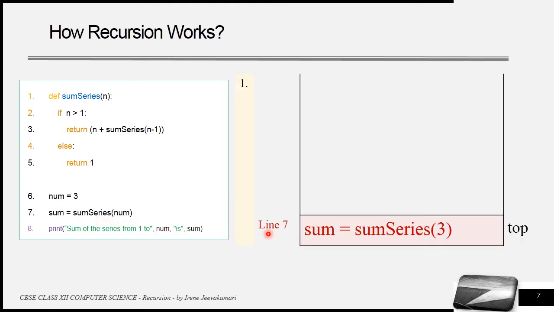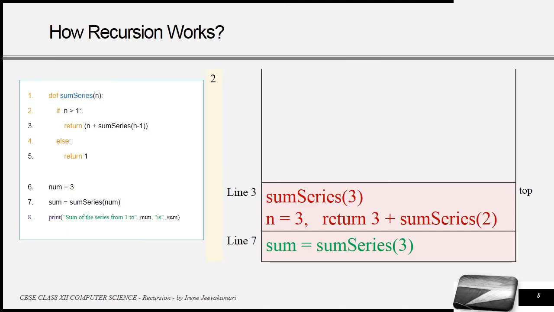You can see here for line number 7, there is an execution frame created and it is placed on top of the stack. At all times, the computer works on executing whichever function is at the top of the stack. Now, this function is at the top of the stack, so this becomes the currently executing frame of the stack. When the computer invokes the function SumSeries3, the computer places a new frame atop the stack corresponding to SumSeries3. Now SumSeries3 becomes the currently executing frame.